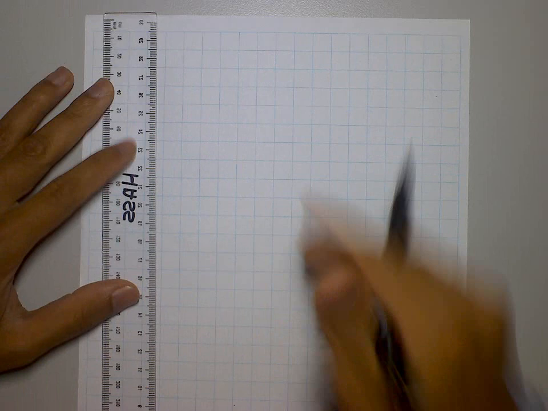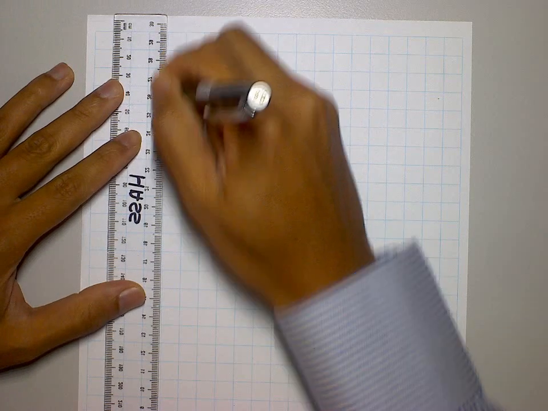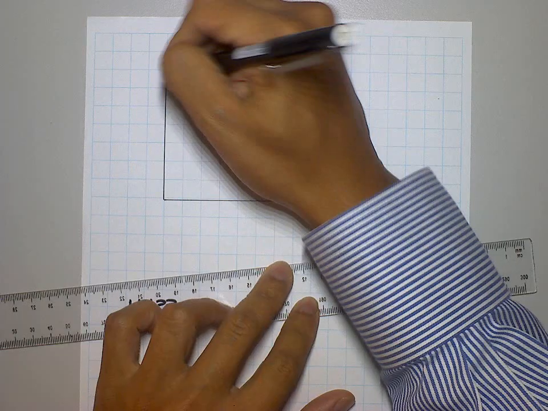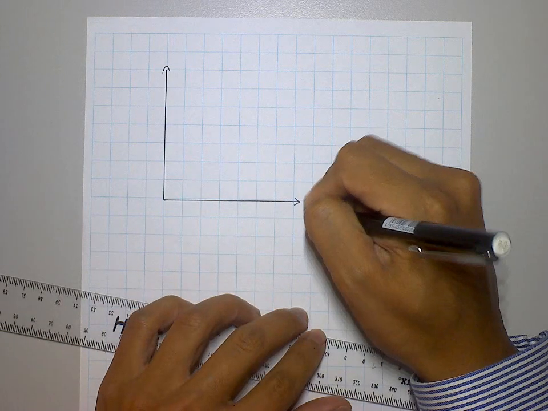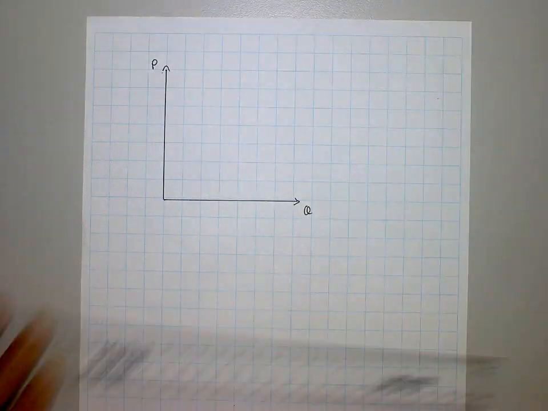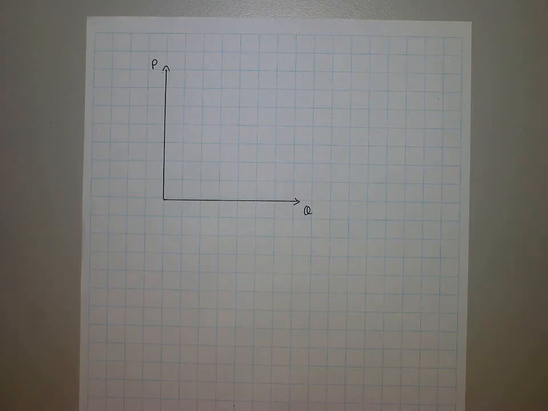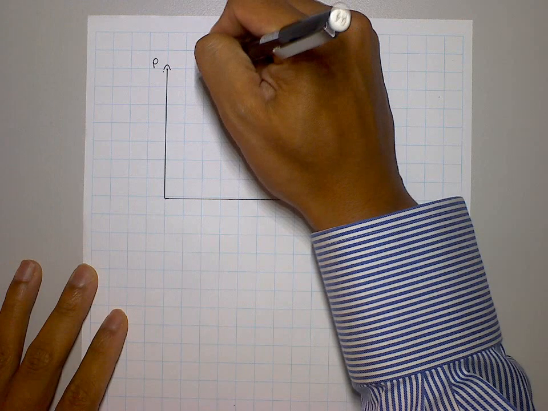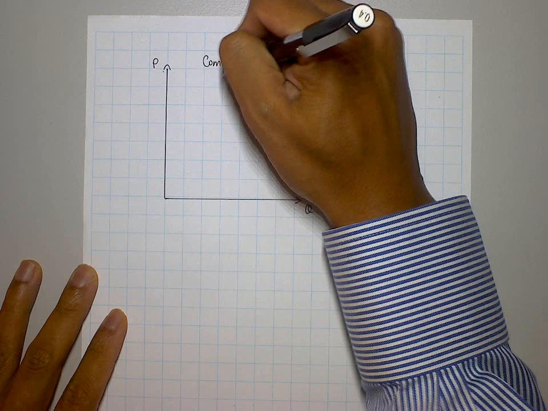So the first thing you need to do when you're trying to demonstrate the impact of a tariff is to draw the axes. So we're using the supply and demand model. So please draw the usual axes for the supply and demand model. So price and quantity, we're going to work with the market for computers, just because that's what they use in the textbook, so that you're able to compare notes. So the computer market,